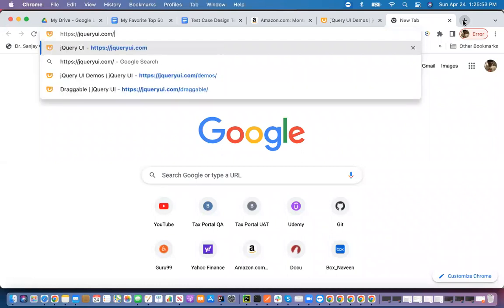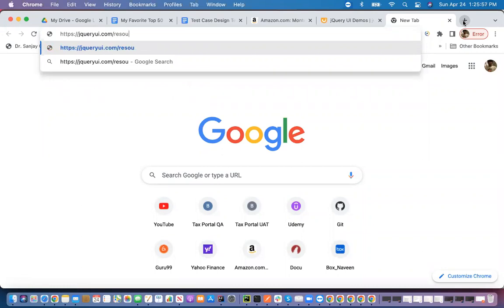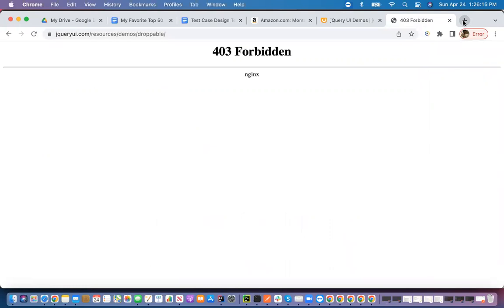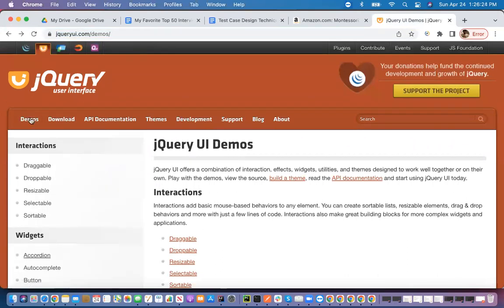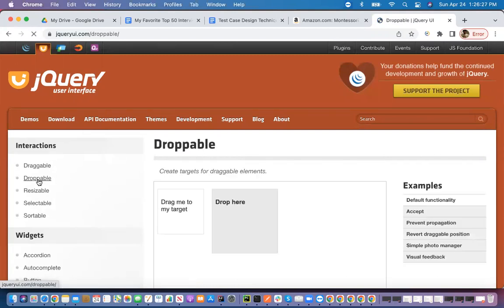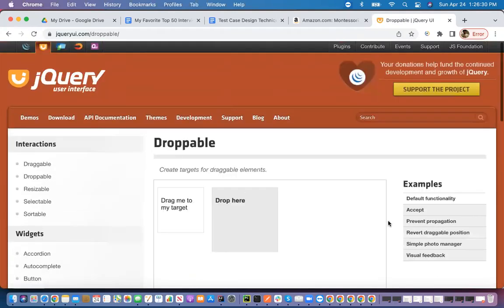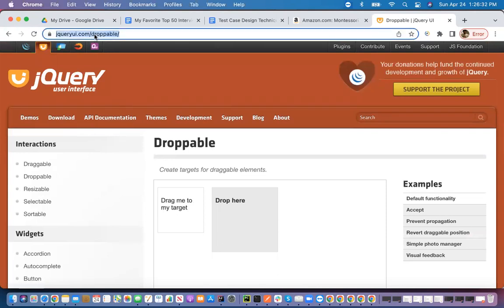Let me check. Resources and then slash demos and then slash droppable. Okay, this one is not working. Anyway, so I can use this one, jQuery and droppable. Okay, so this one is good for our testing. Just copy